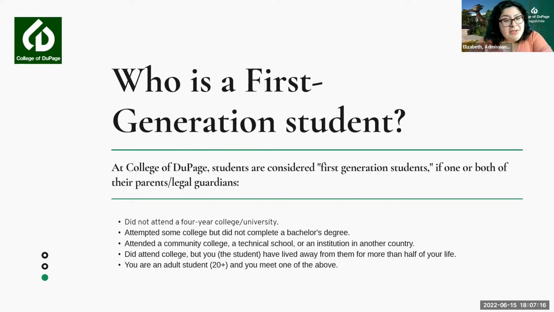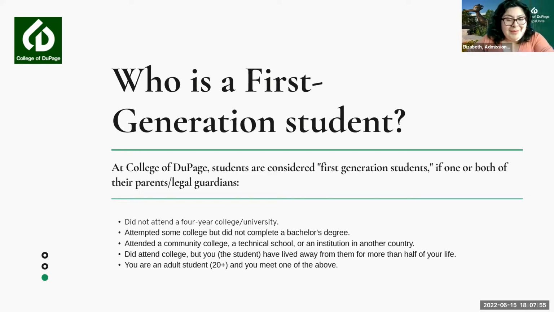journey. But at College of DuPage, we define first generation as a student whose one or both parents or legal guardians did not attend a four-year college or university. Attempted some college but did not complete a bachelor's degree. Maybe one or both of your parents or legal guardians attended a community college, a technical school, or an institution in another country. Maybe your parents or legal guardians attended college, but you, the student, have lived away from them for more than half your